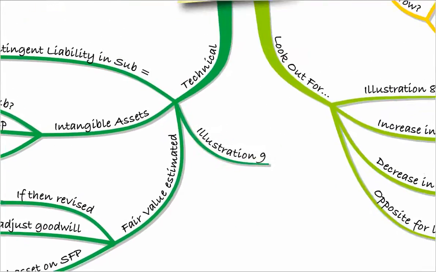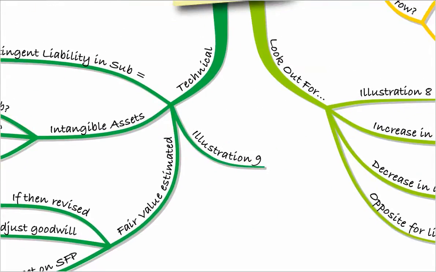Look, we looked at illustration 9 that had an example of all 3 of those, and they are crucially important. Those are the areas that the examiner will look at to see, do you know those rules? You must learn the rule that a contingent liability becomes a full liability in the group. An intangible asset that's not recognised in the sub should be recognised in the group. And if fair values are estimated and revised later, you need to check whether it's more than 1 year or less than 1 year from the acquisition date. Those are the things that will get you through this exam, learning those little technicalities.